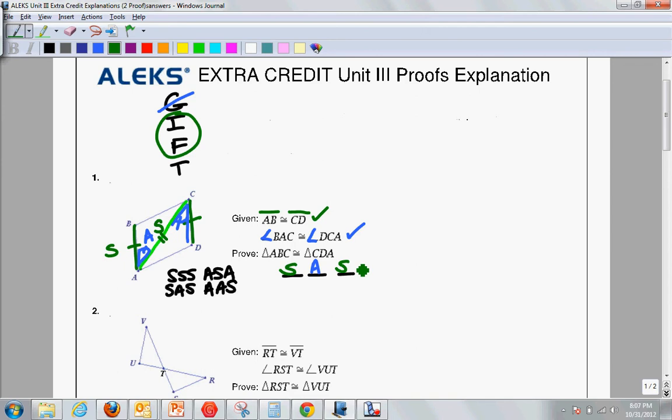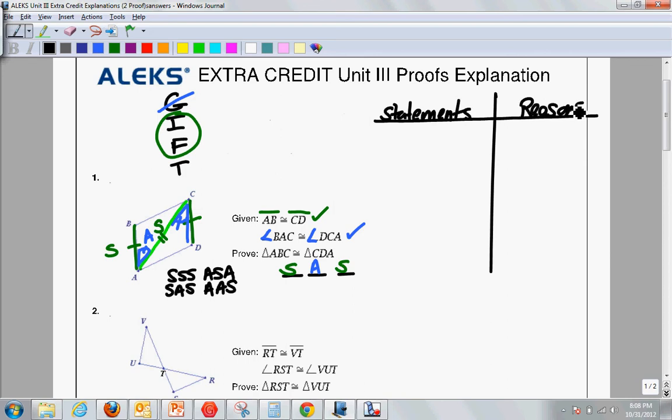Okay, so when you start the two-column proof, you're going to have statements on the left, reasons on the right. And so what you can start with, we're going to follow this side, angle, side process. So step number one, we're going to put our first pair of sides. So this button here, that's the send to proof button. You click on that, and that's going to pop in number one here,